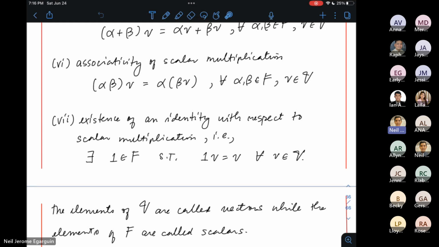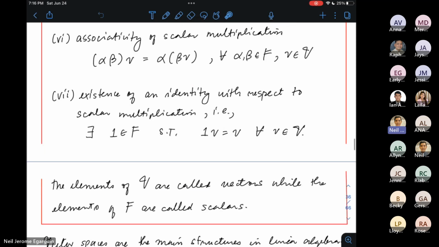All right. So dapat associative daw yung scalar multiplication. So that means you can either multiply the field elements first before multiplying it to the vector, or you do it the other way around. Take the scalar multiplication one at a time. I mean, you multiply beta and V first, and then you get a vector here, then you multiply it to alpha. So pwedeng field times field element or scalar times vector yung pag-atake. So that should be true for a vector space.